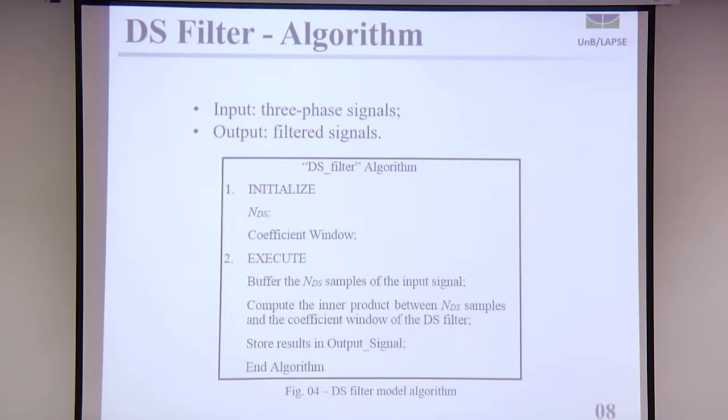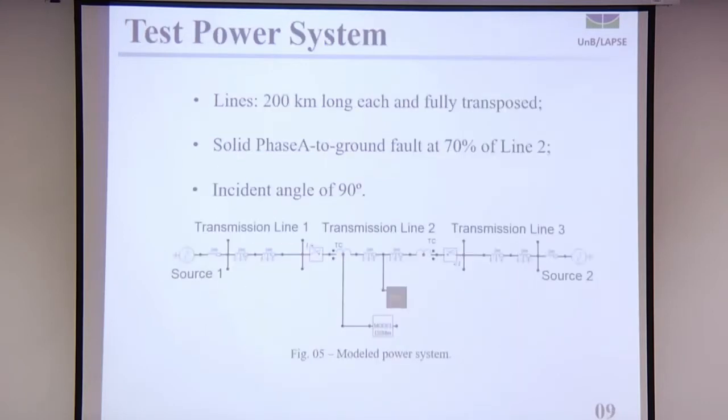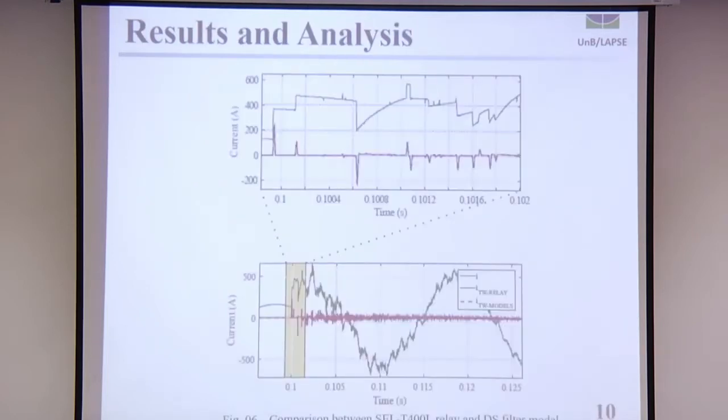Well, the test point system used in this paper is presented by figure 5. The component parameters are present in the paper, and the 3 lines are 200 kilometers long each, and they are fully transposed. A solid phase A to ground fault at 70% of line length was simulated in this paper with an incident angle of 90 degrees, and as a result, figure 6